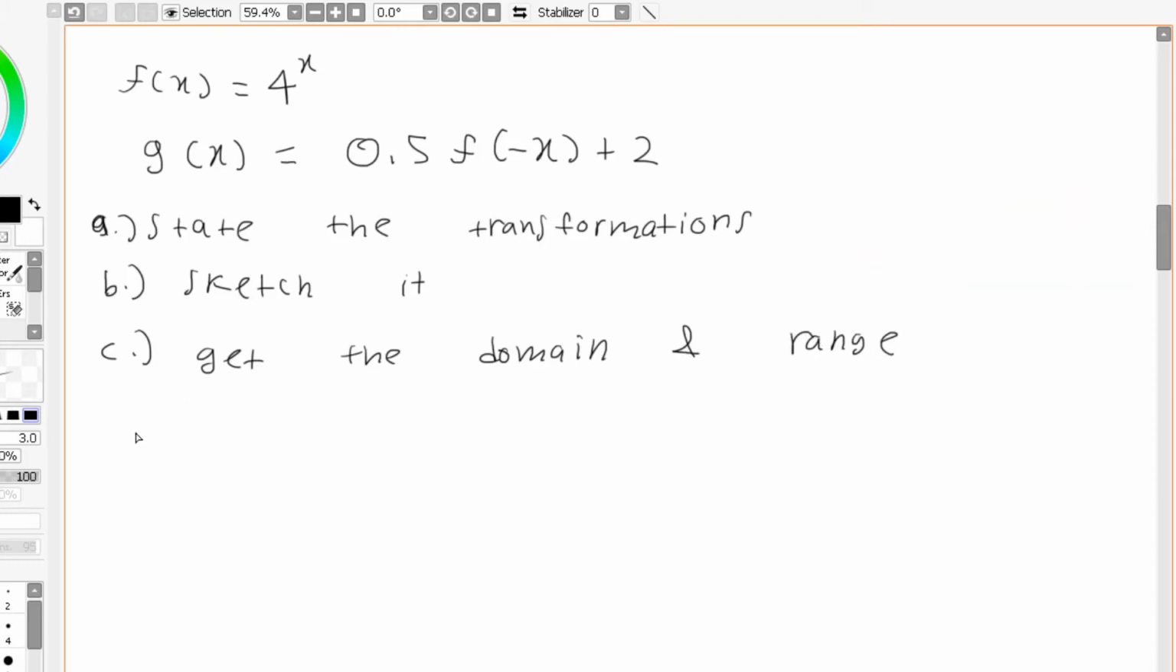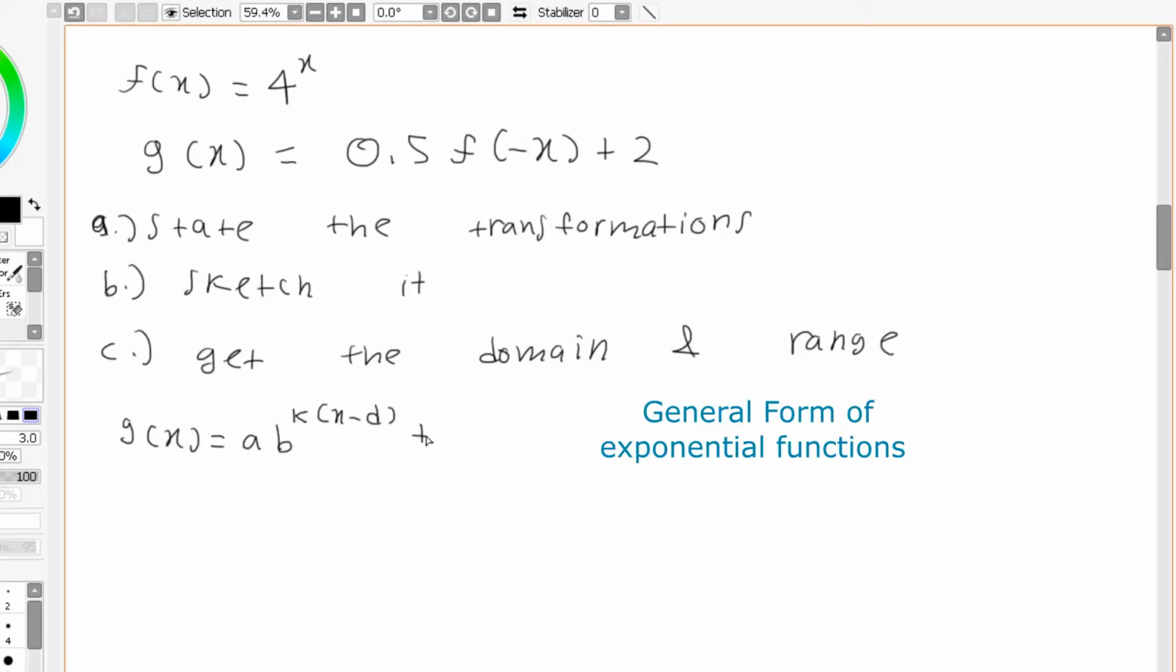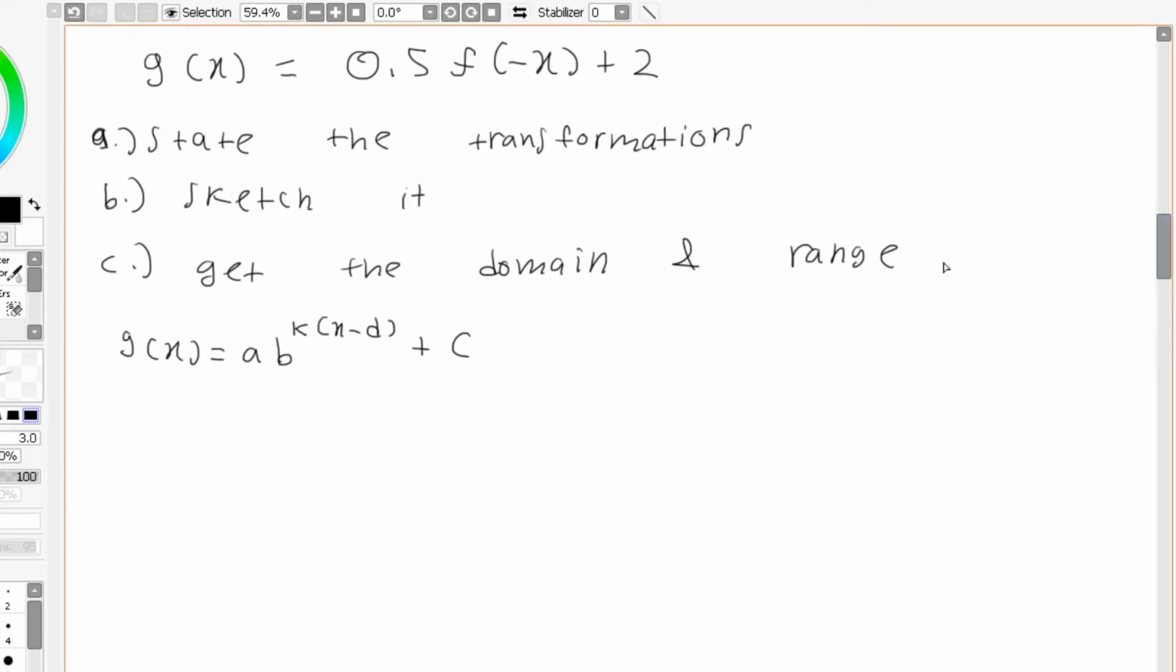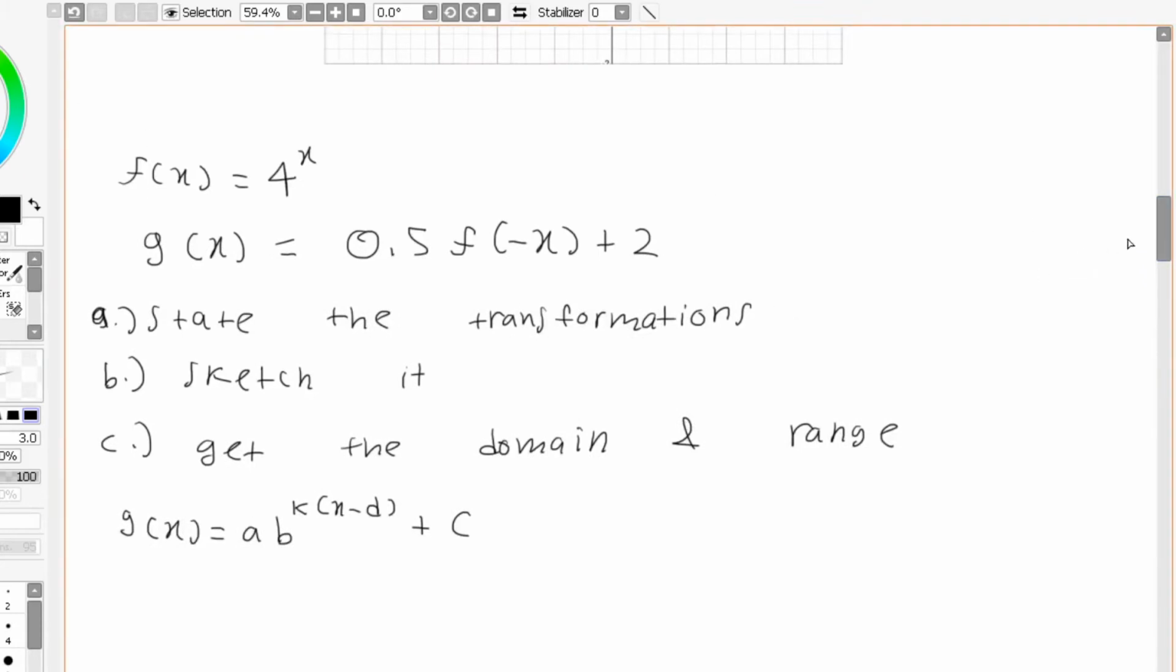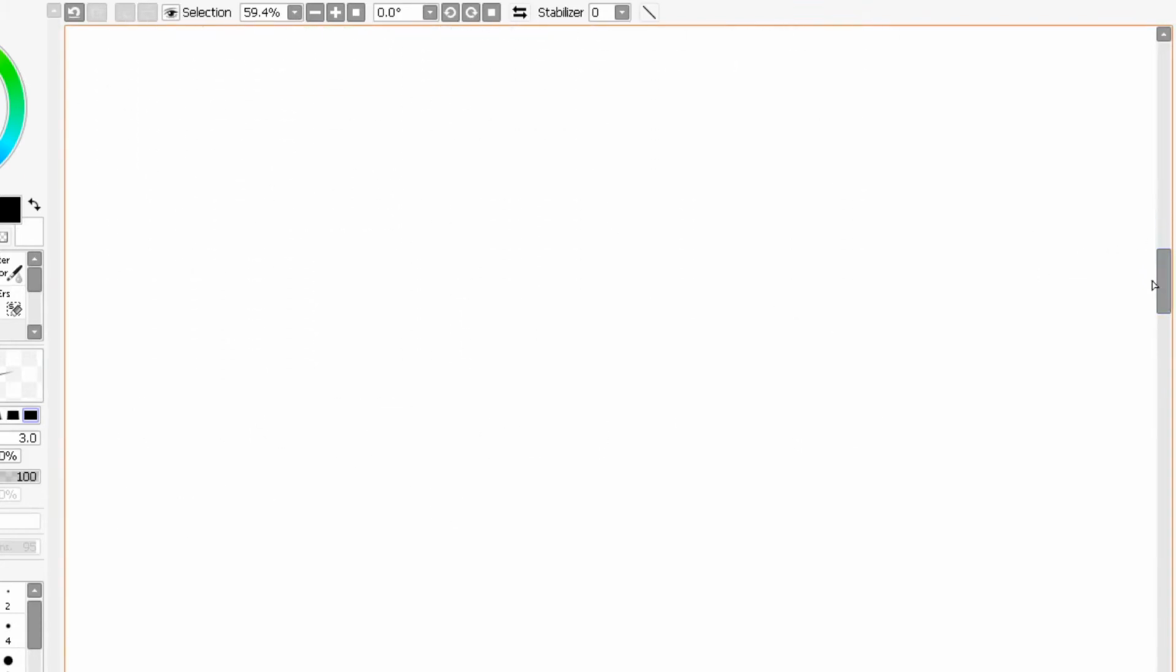Remember that the general formula for exponential functions is g of x equals a b to the power of k times (x minus d) plus c. Let's start by seeing what transformations we have. Well, the full function would have been, if we plug in the f that we are given, g of x is equal to 0.5